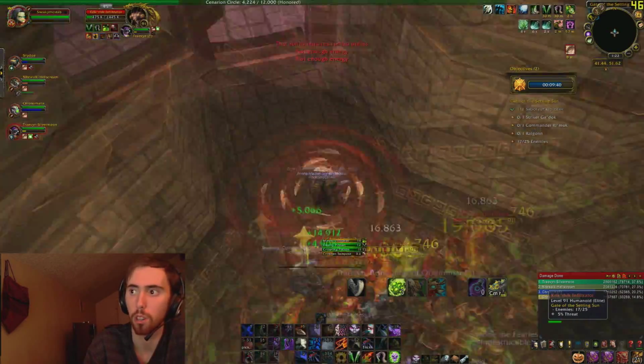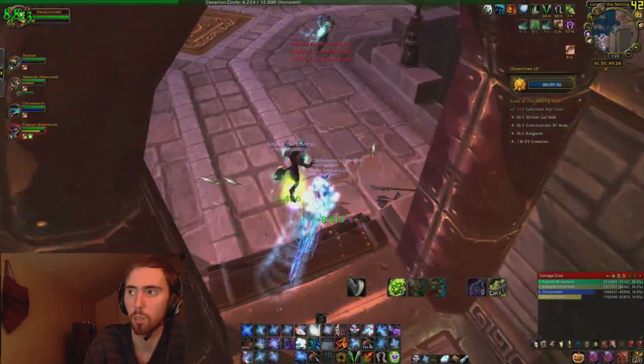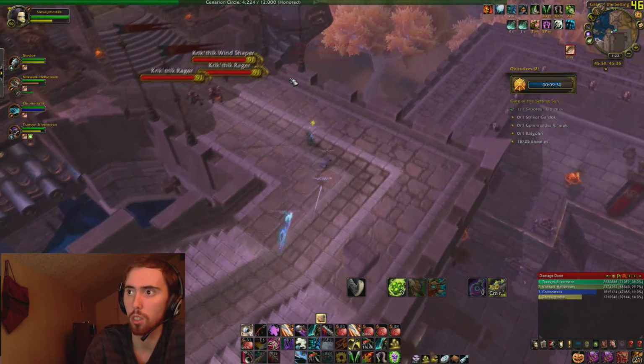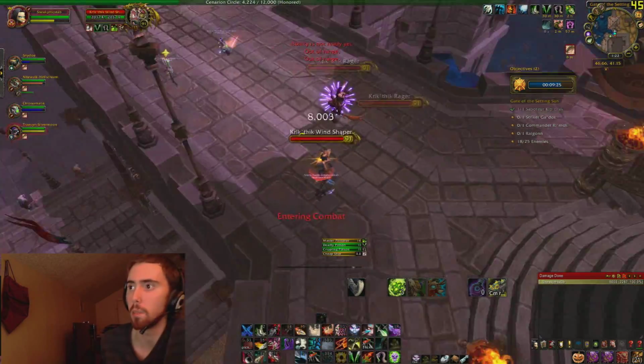You can also dispel their enrages. And it's also important to make sure that you're not standing in front of the Ragers, because they do a cleave. Now for this pull here, you want to CC the front Rager and also the left Rager, and then burn down the